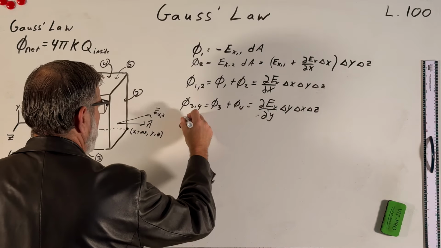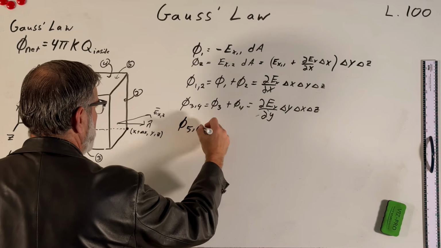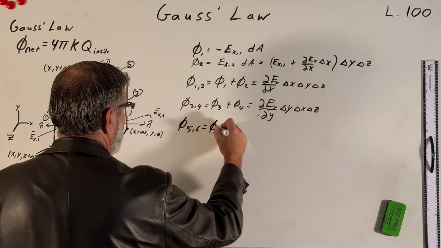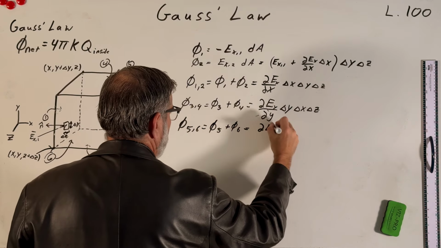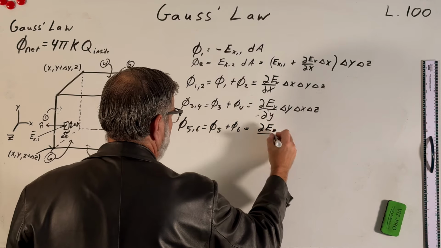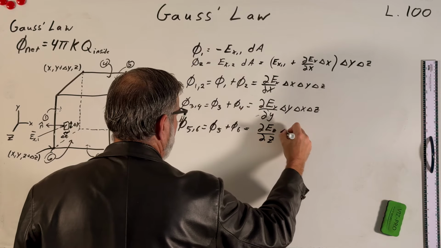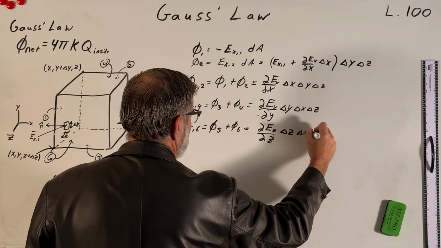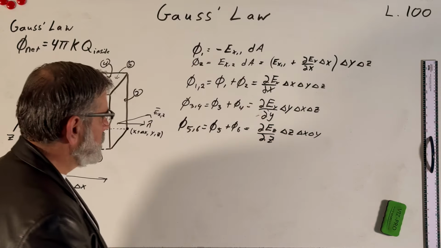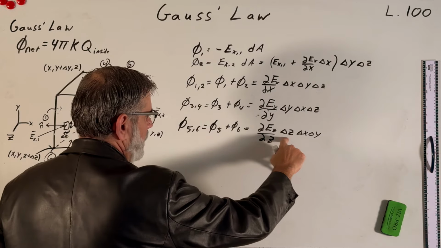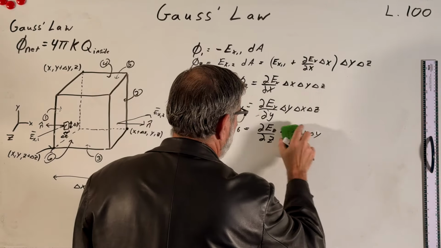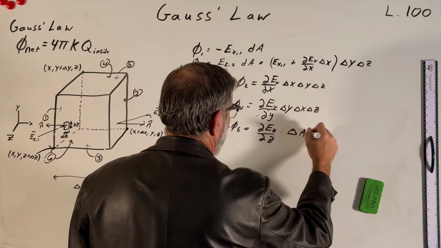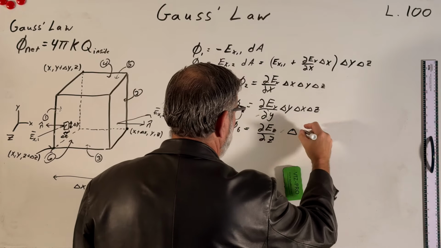And then phi 5, 6, that's the combination of the flux through phase 5 plus the flux through phase 6, will be dE in the z component of the electric field, dz times delta z times delta x times delta y. But notice that we've got all three of these here, right? This is delta x, delta y, delta z. They commute, so this is really just a delta V,